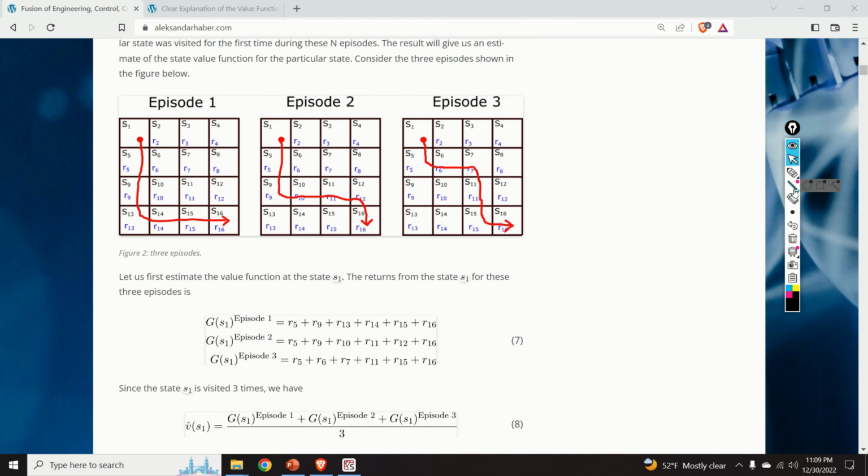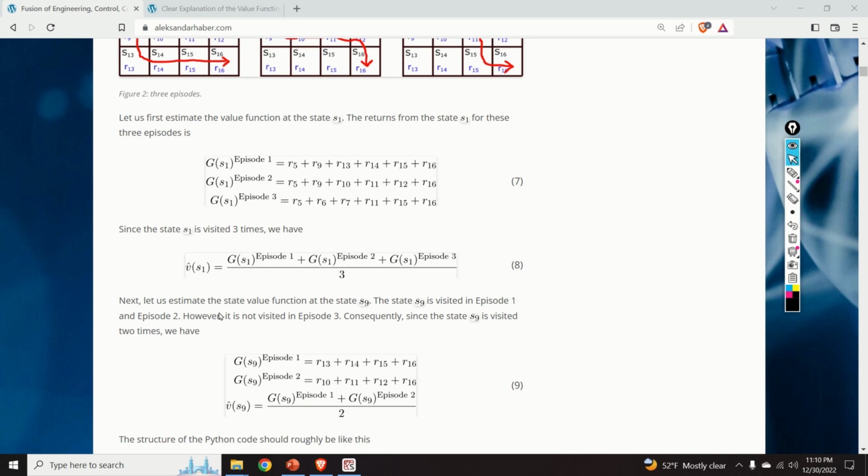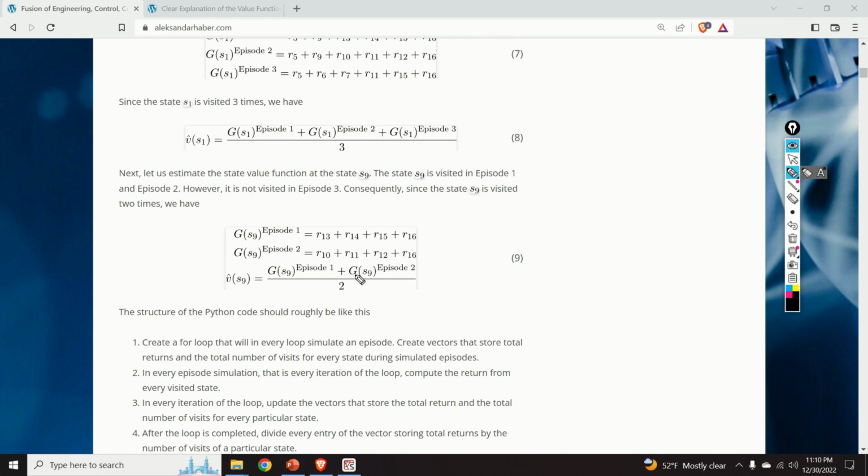It's over here. Here's the state S9. We can see that this state is visited in episode 1 and in episode 2. However, this state is not visited in episode 3. Taking this information into account, we can obtain